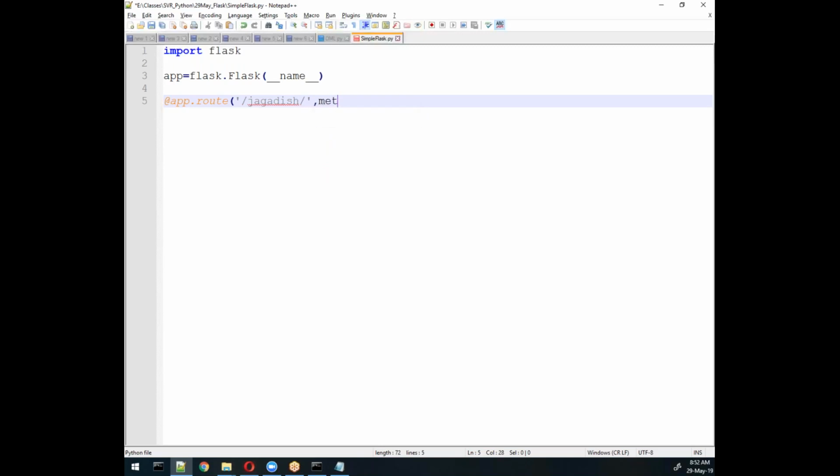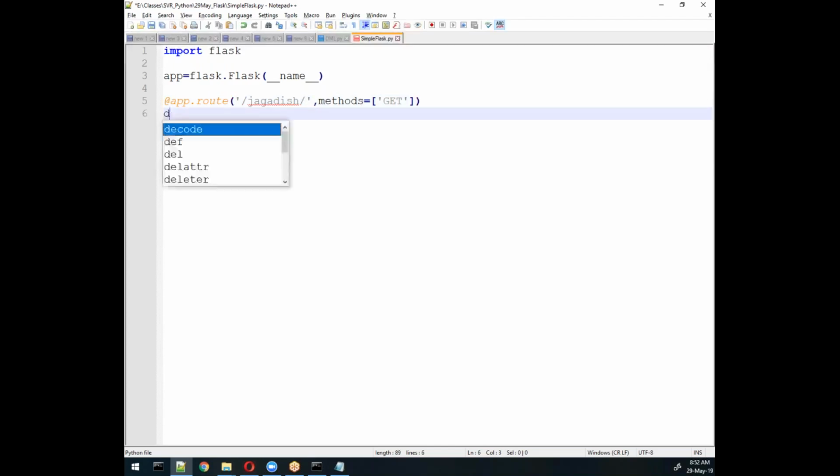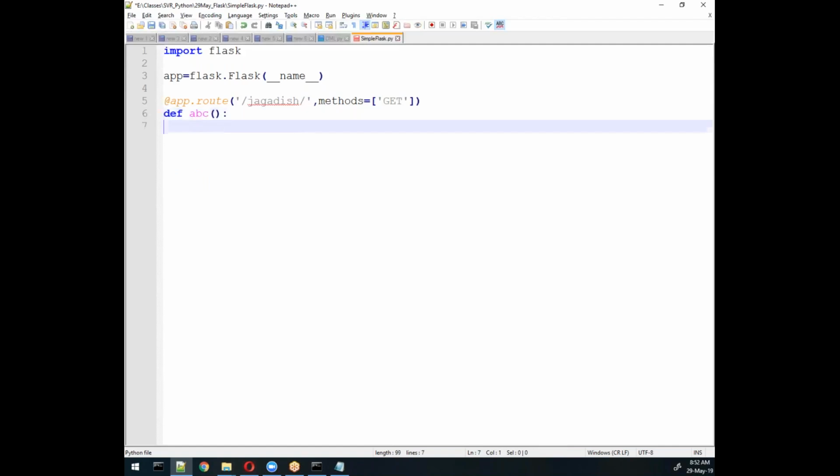Methods equal to, in single quotes, get. HTTP verbs, I want to use as get, remember. And here I will write def with any name, abc, any name you can write. Here I'll write return and welcome.